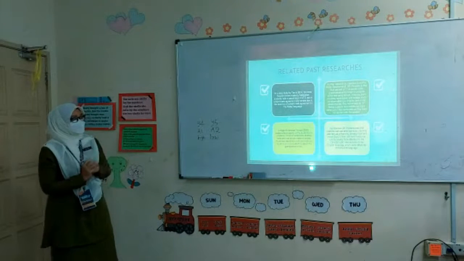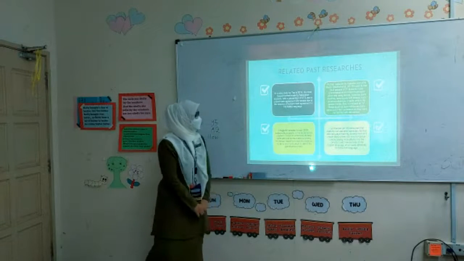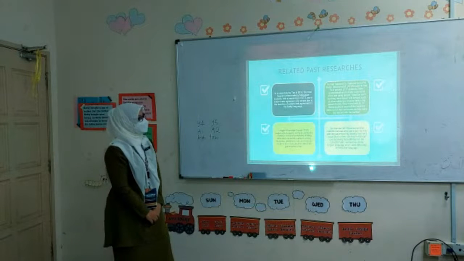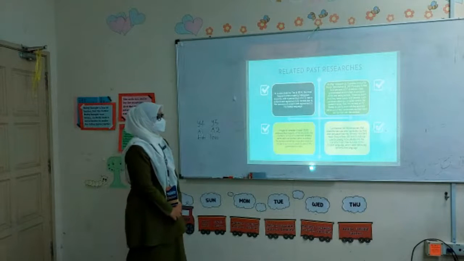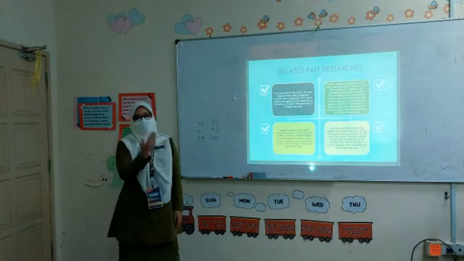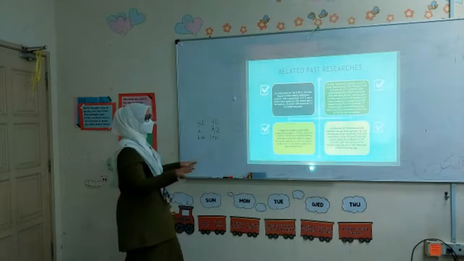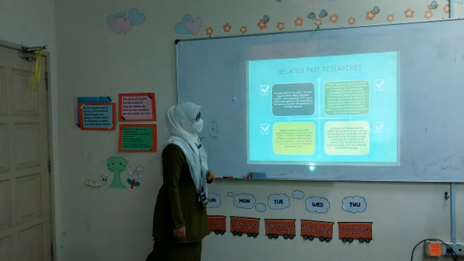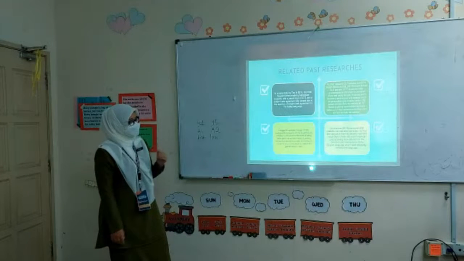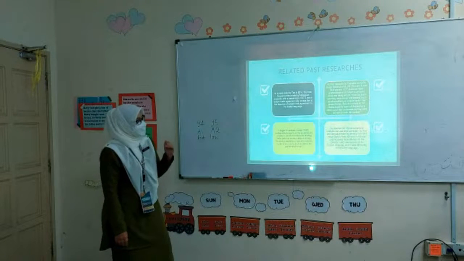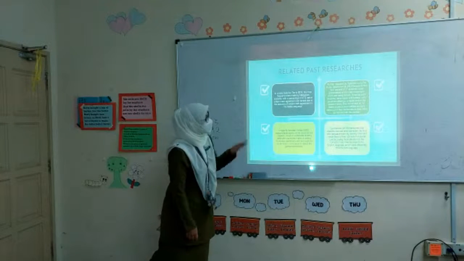These are the related past researchers. So in a case study by C in 2014, the most frequent errors made by Malaysian students, with a percentage of 47.2, are in subject-verb agreement and tenses due to the absence of subject-verb agreement in the Malay language. So as I explained earlier, there is a language interference between the Malay language and also the English language. The second one, further research by Yasmin and Puan Abdullah in 2019 explained that 94.8% of 77 students make grammatical errors when it comes to verbs and using the tenses. Okay, it can be seen